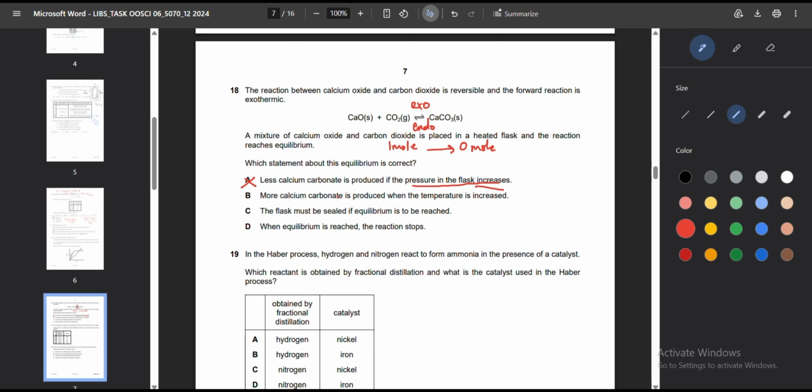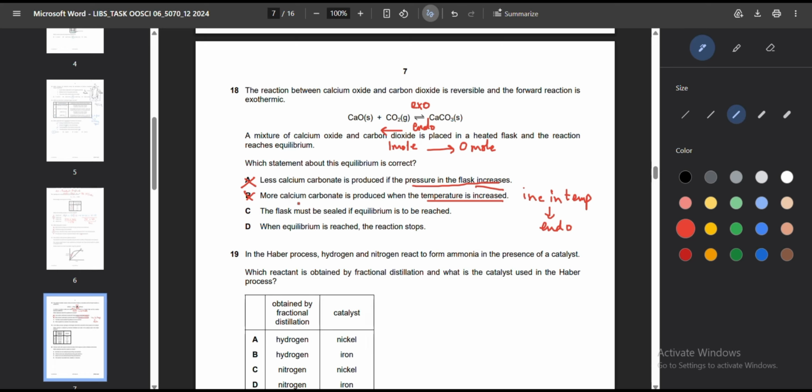More calcium carbonate is produced when the temperature is increased. Whenever there is an increase in temperature, which reaction increases? The endothermic reaction. And the endothermic reaction is in the reverse direction,